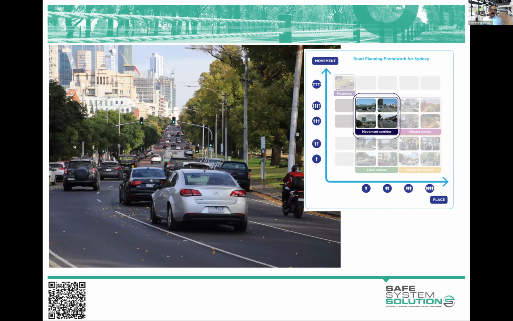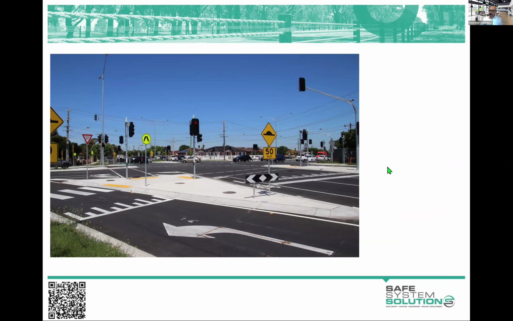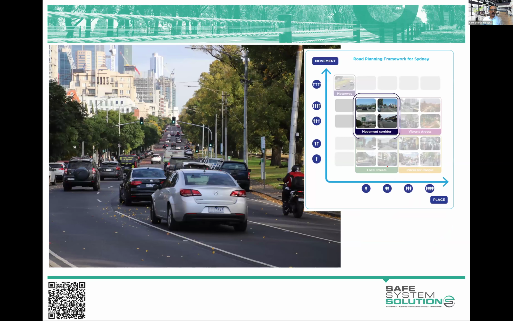Those movement corridors are the ones where we really are going to prioritize the movement through the area, be that in vehicles or with absolutely dedicated cycleways. You don't want people hanging out, trading, interacting, having their coffees and catch-ups in these environments. We're going to make them movement corridors. In fact, they're not going to be great places to hang out and the like. They are going to be these faster traffic routes, or these faster cycleway areas.